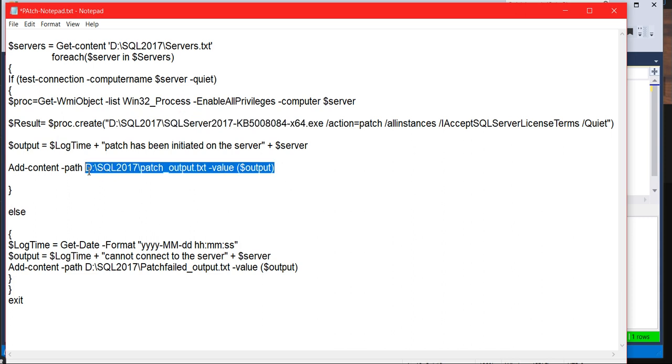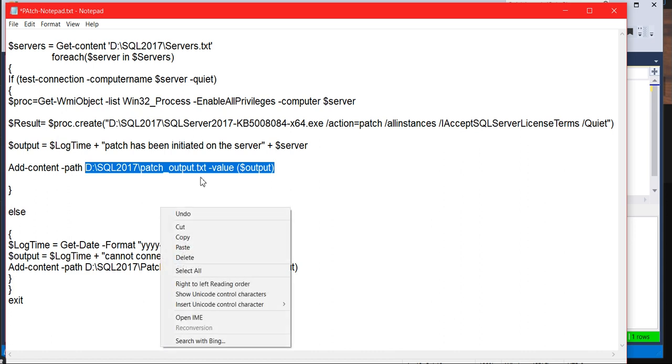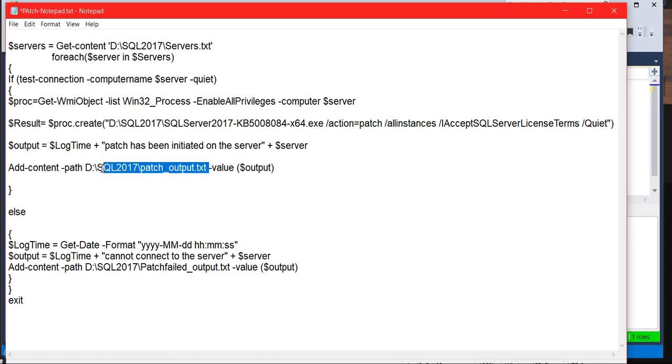Then now you need to create this output directory and file. Why? Because it will give the output whether the patch succeeded or not. So you need to create this on a jump server. It will give the exact output details. Now, what it will give, it will come to the else, and in the else also, under this output text, you will get the failure details.